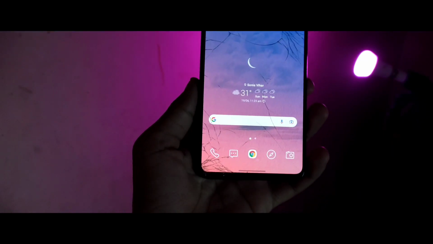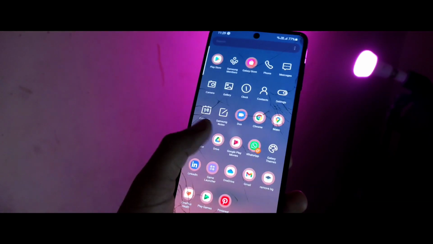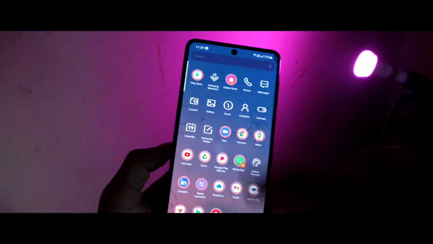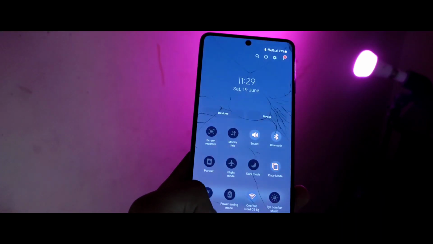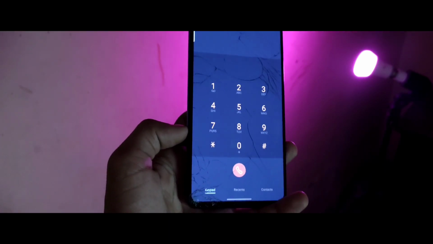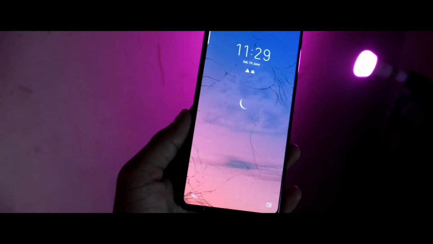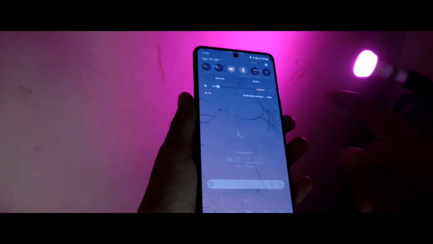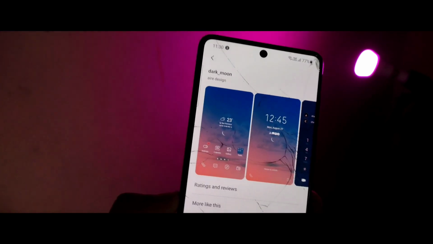The fourth theme of our list has a different style with a different type of icon pack, and I really like this type of theme because the theme has an amazing icon pack. And if we talk about the skin color of the accent, the accent has a really great look. And if we talk about the dialer, the dialer also has a nice accent. And the lock screen of this theme really looks amazing with this new and natural-looking wallpaper, and the theme looks amazing.